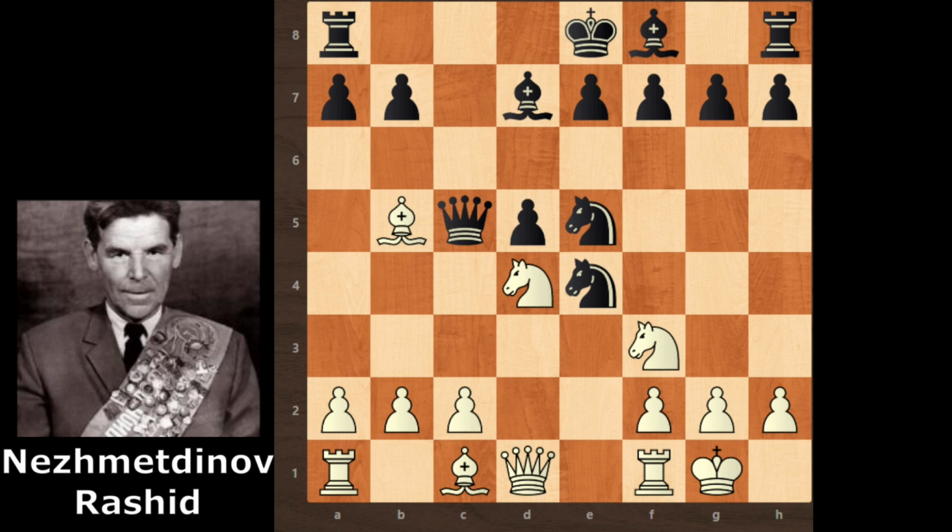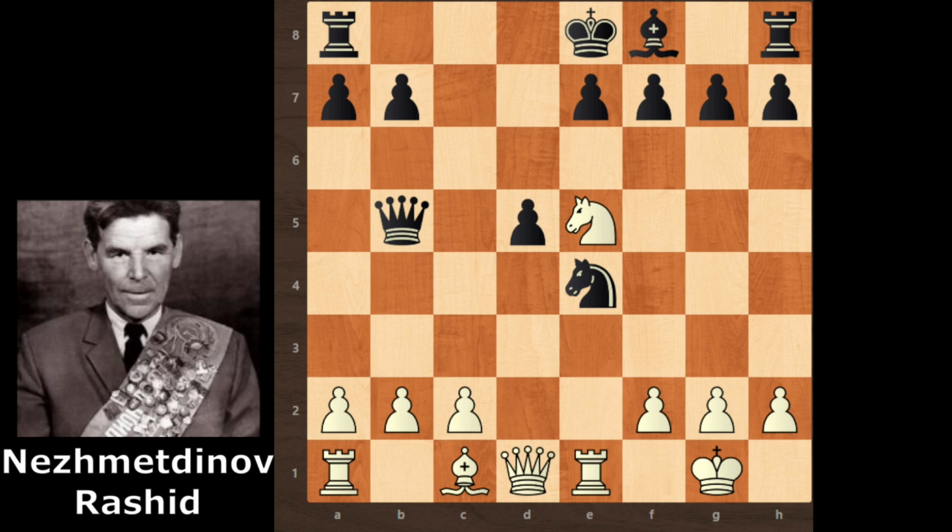knight. Knight takes e5, but that is not a sacrifice, because after knight takes knight, black can take this bishop, and if Rashid takes this bishop, then queen takes knight, and material is equal after the exchanges, and black exchanges his bishop with Rashid's bishop. Bishop takes bishop, knight takes bishop, queen takes knight, rook e1, and black continues with knight f6,